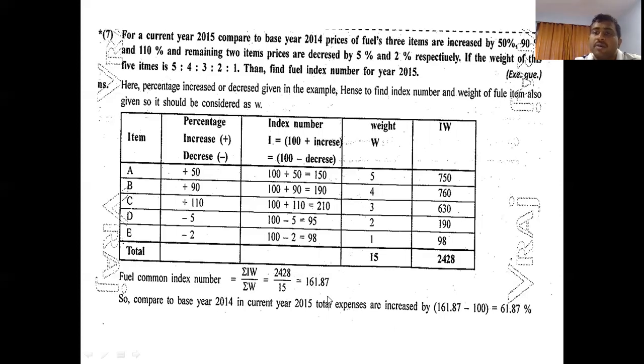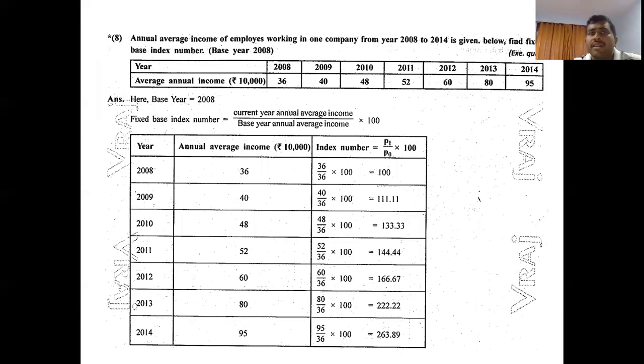Finally, they ask how much percentage increase was there. 161.87 we are spending now. Earlier we were spending how much? 100. So what is the percentage increase? 61.87%. Clear to you, friends? Now the next slide is